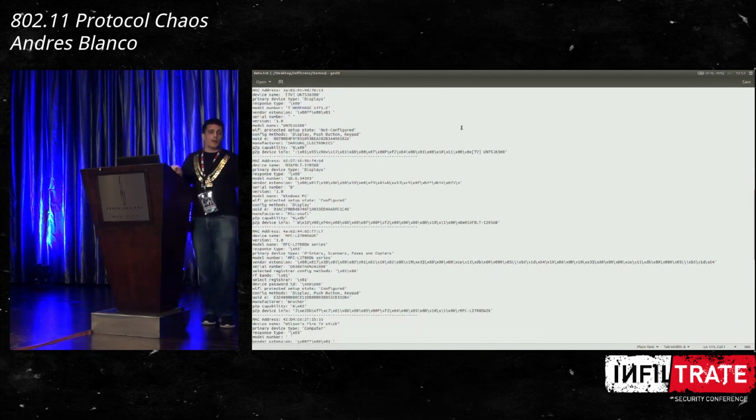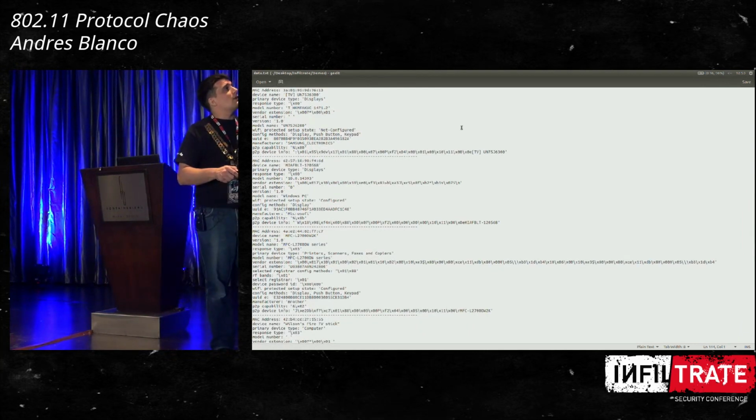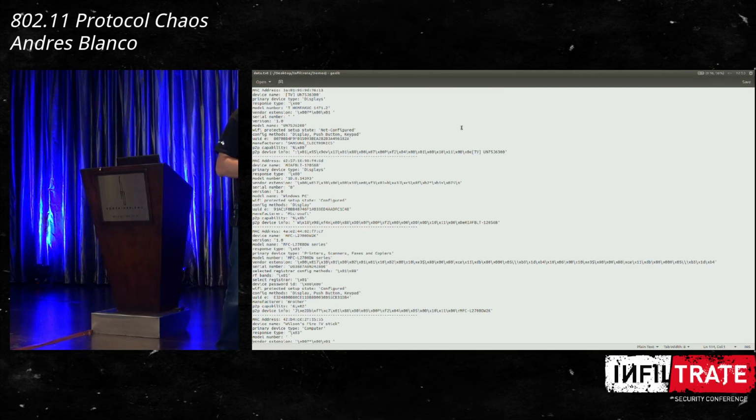This one right here are Wi-Fi Direct devices. So here we found a TV, a Samsung TV. This is, I'm not sure, but it's a Windows PC. So it's a Wi-Fi Direct device that is running on Windows. Or sorry, it's a Windows machine having support for Wi-Fi Direct. Then here we have another one that is a printer, a Brother printer. Printers are really interesting because they are usually really insecure.